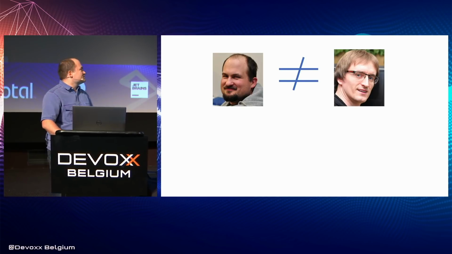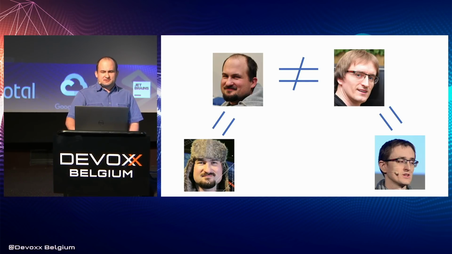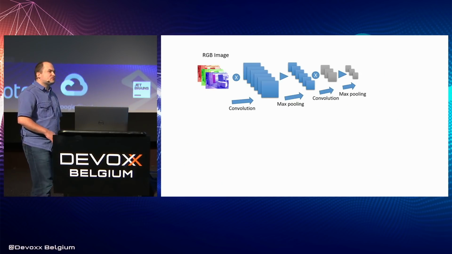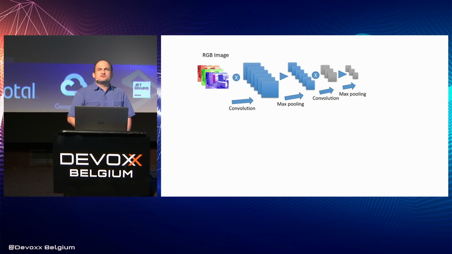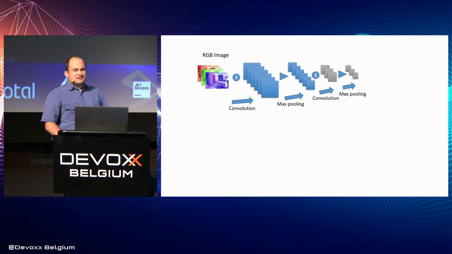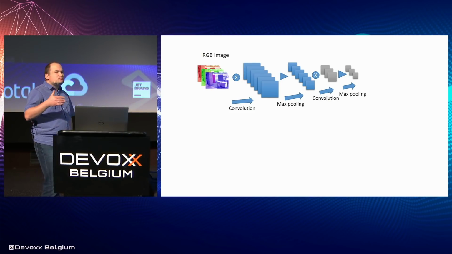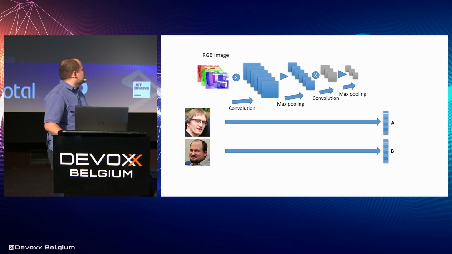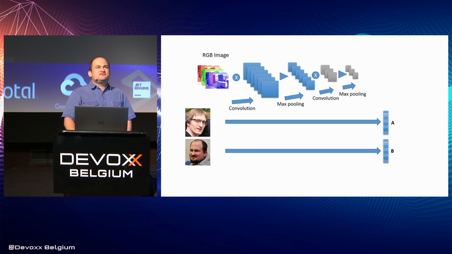So let's think what our goal is. We have to say if two faces belong to the same person or to two different persons. And actually there is a specialized type of deep neural networks that works especially for that purpose. A normal neural network at the end has a label as output, and this network has no label but has a feature vector. So when we feed that network with faces, we have feature vectors at the end.